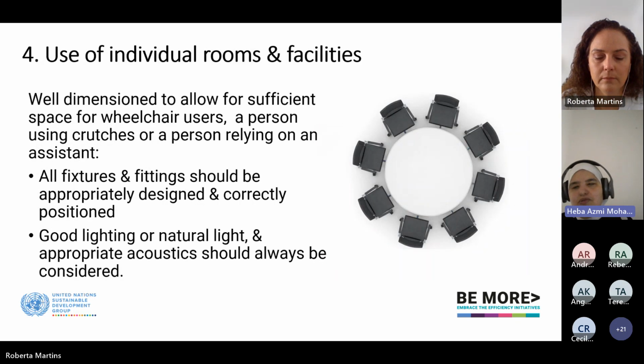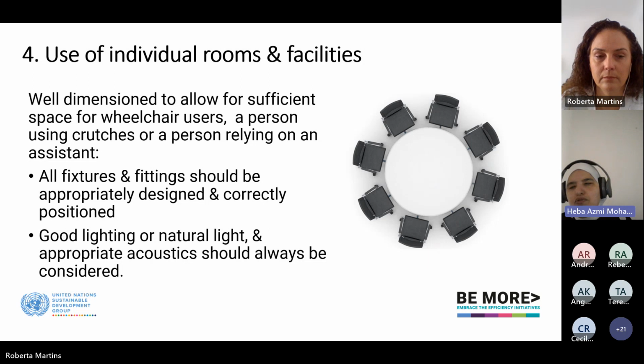Next slide, please. So the individual rooms and facilities also have to be very well dimensioned to allow sufficient space for wheelchair users to move, circulate, and use these facilities. Or maybe some persons might be relying on an assistant or using a service animal. So we have to make sure that all fixtures and fittings are appropriately designed and correctly positioned, so that they would not cause a safety hazard for persons walking in corridors or doorways. Good lighting, artificial or natural, is appropriate, and